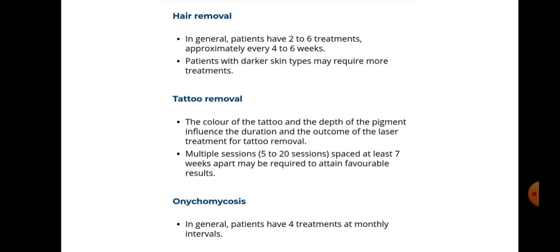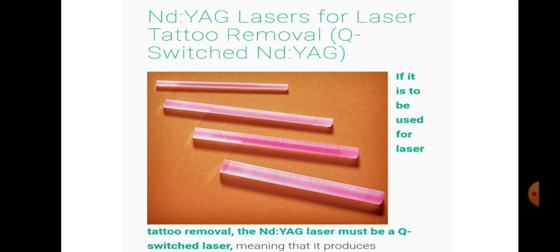Its working principle is such that when optical pumping is provided to the device, the Nd ions get raised to a higher energy level and their transition produces a laser beam. This laser generally emits light of wavelength nearly 1.064 micrometers. The original diagram. The application is used for tattoo removal, Q switch and Nd:YAG laser.